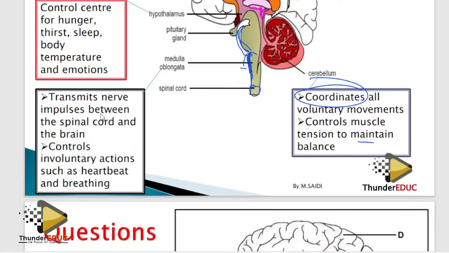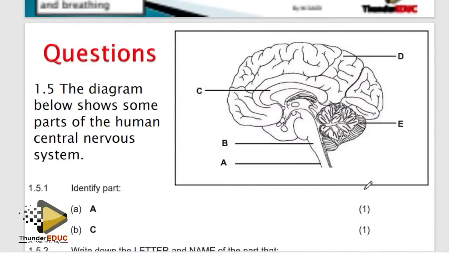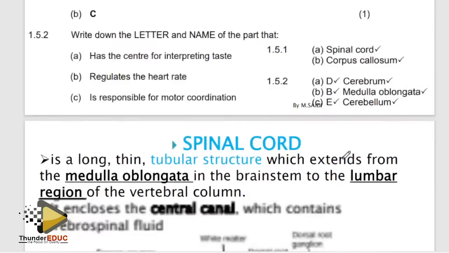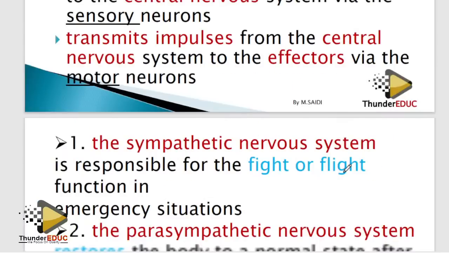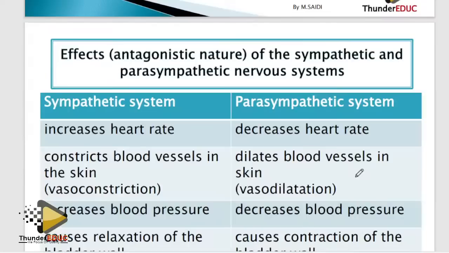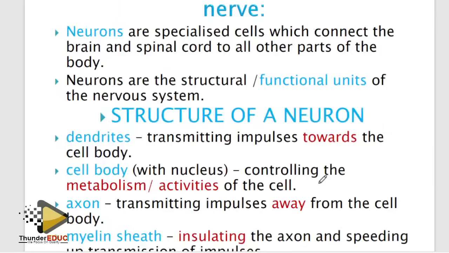So here we are talking about breathing, heartbeat. However much you say that someone is controlling your heart, not in science. Maybe that is in that other world. Anyway, please make sure that you know how to label the brain and these functions we have talked about. So brain is done. You don't have too much in there. Spinal cord. Sympathetic and parasympathetic, at least you know how, including it with adrenaline. So let's go to the neuron.